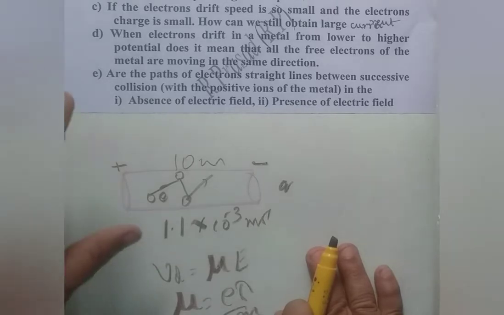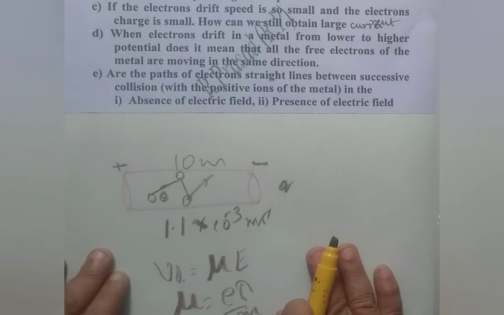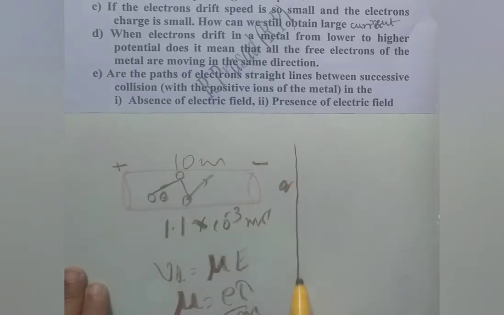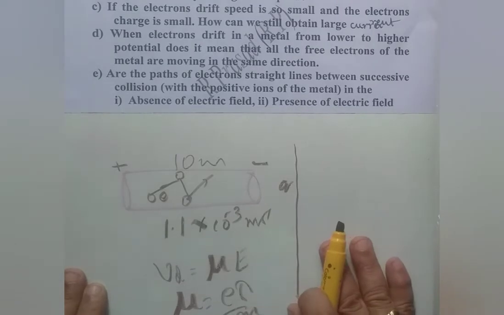That is the reason. Let me explain it once again. Because of the large number of free electrons present, which collide with a large number of ions there, the large number of collisions makes the average drift velocity almost constant. Because at each and every collision, an electron starts afresh. Therefore, the overall average velocity becomes almost constant.